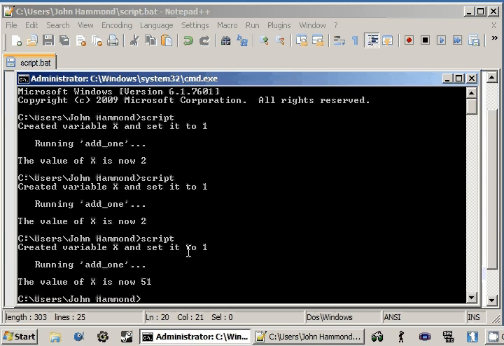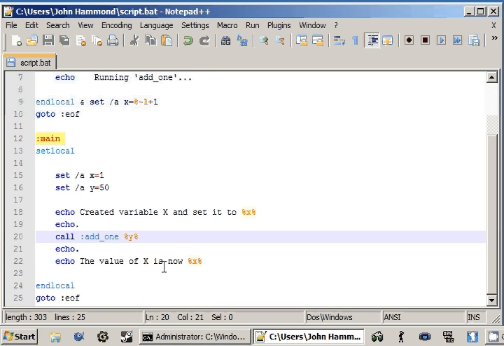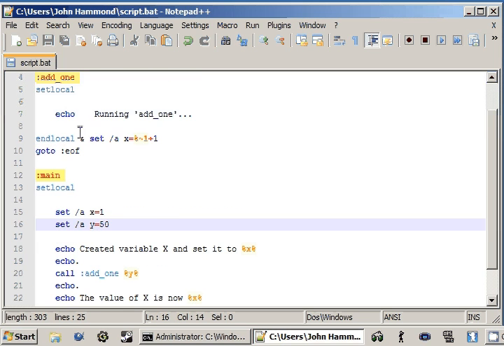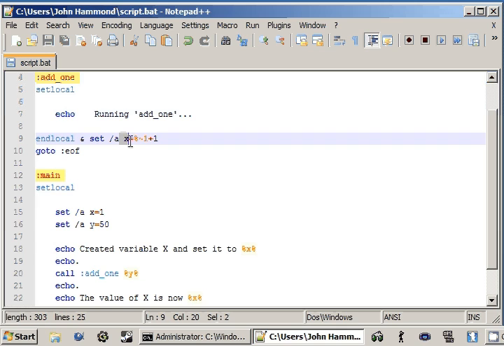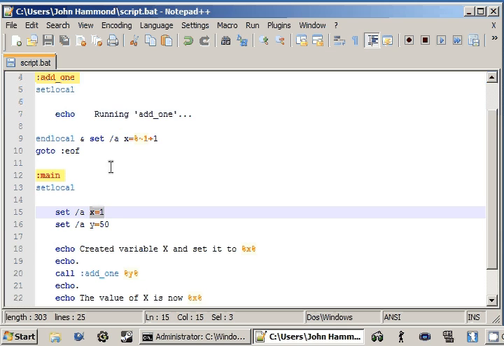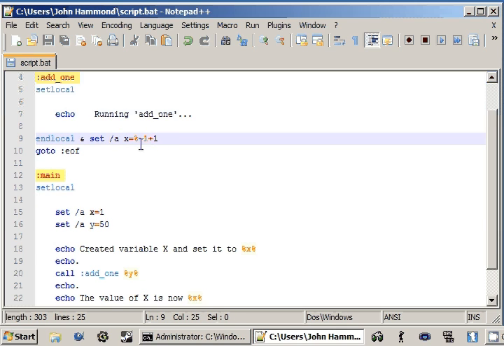Created variable x and set it to 1, running add1, the value of x is now 51. What? We wanted to add 1, not 50. So let's actually go ahead and see what we're doing here, because we're passing in the value of y, which is 50, and we're setting x, which we already set to be 1 up here, to 50 plus 1. So x becomes 50,